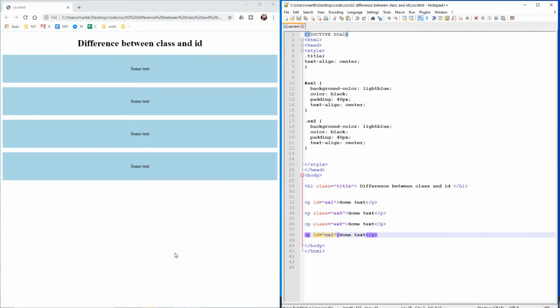For example, you use it only one time, like your ID card or your passport number. And class, you can have any number of amount, you can use it multiple times. This is supposed to be the general rule, but if you see in the desktop, mine that I did